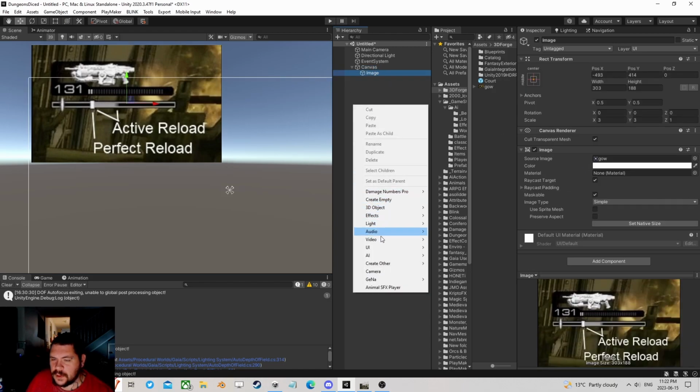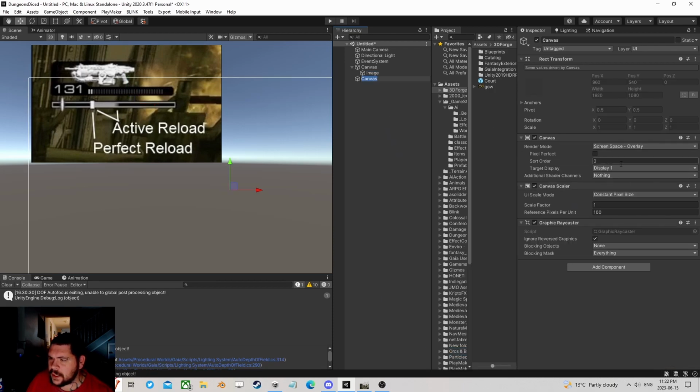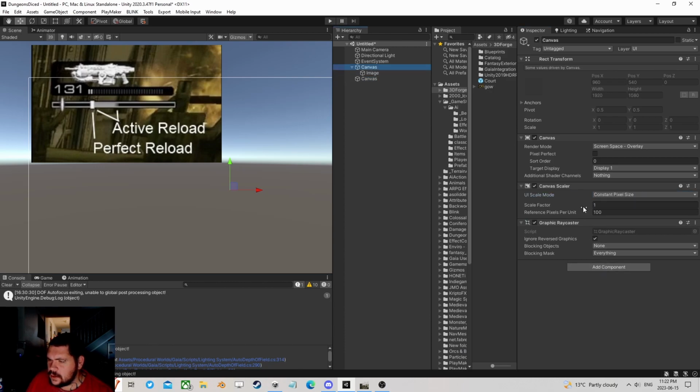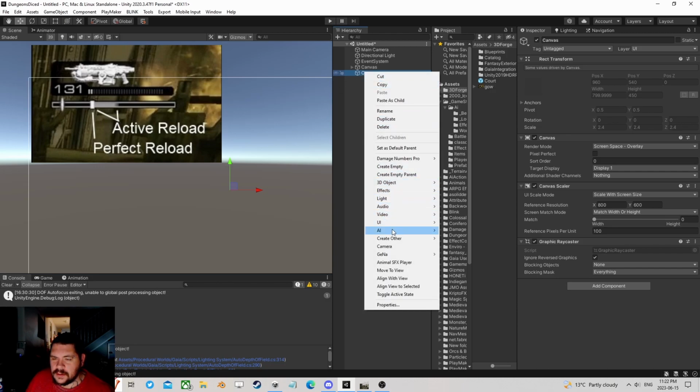But we'll make a new one just for this tutorial. Made a canvas, changed it to scale with screen size. I'm going to take this one and push its order back so this one's in front. So we have a canvas and we want to make this. So let's make